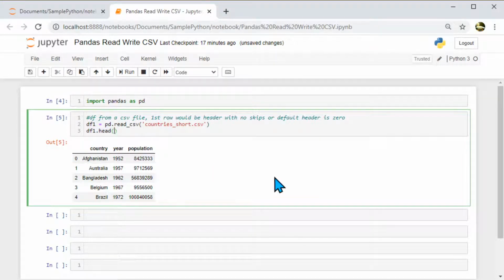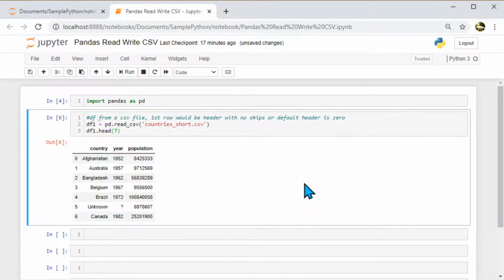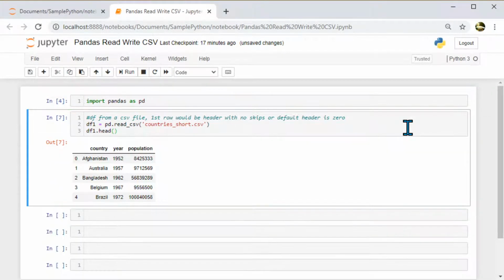If instead of head, I say head with a parameter of 7, it will display 7 records. It's displaying with an index value 0 to 6, which is 7 records. So let me set it back to 5, which is 0 to 4.